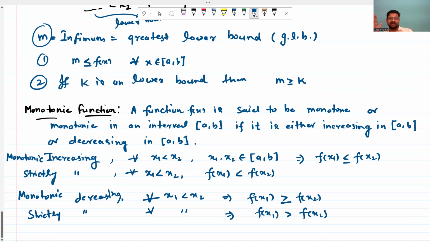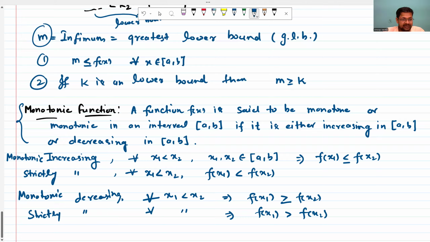अगर मान लो हाफ ऑफ द इंटरवल में फंक्शन इंक्रीज कर रहा है और हाफ ऑफ द इंटरवल में वो फंक्शन डिक्रीज कर रहा है, तो उसे हम मोनोटोनिक नहीं बोलेंगे। ठीक है। तो मोनोटोनिक का मतलब है कि फंक्शन या तो थ्रू आउट द इंटरवल इंक्रीज ही कर रहा है, या थ्रू आउट द इंटरवल डिक्रीज ही कर रहा है, या कांस्टेंट हो जा रहा है बट डिक्रीज नहीं कर रहा। तो दैट इज कॉल्ड अ मोनोटोनिक फंक्शन। ओके, तो आई होप कि अंडरस्टूड मोनोटोनिक फंक्शन क्या होता है।